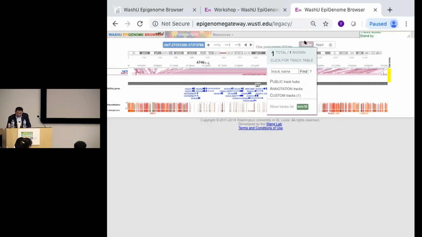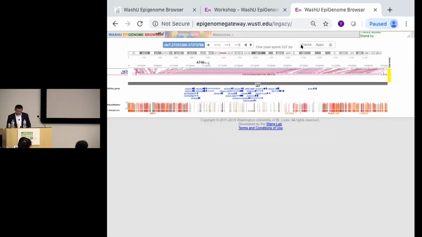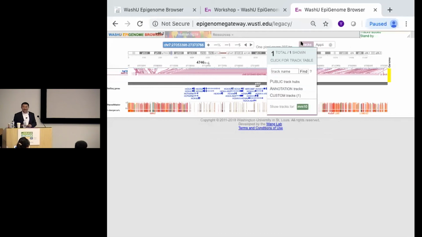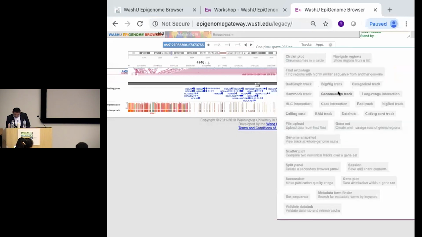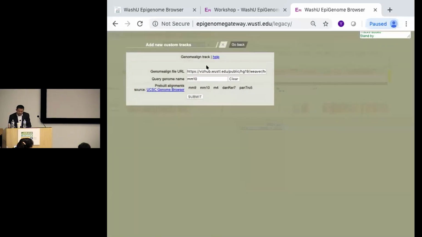Can you just repeat it? Oh, sure. So everybody, what I did is, this is the old browser. The comparative genomics browser is essentially one track type that we call the genome alignment track. To get there, you go to app. The name of this app is Genome Align Track. So I click on this, I choose MM10, because my home base here is HG19. I have existing alignment from HG19 to MM10, so I choose MM10. I submit, and